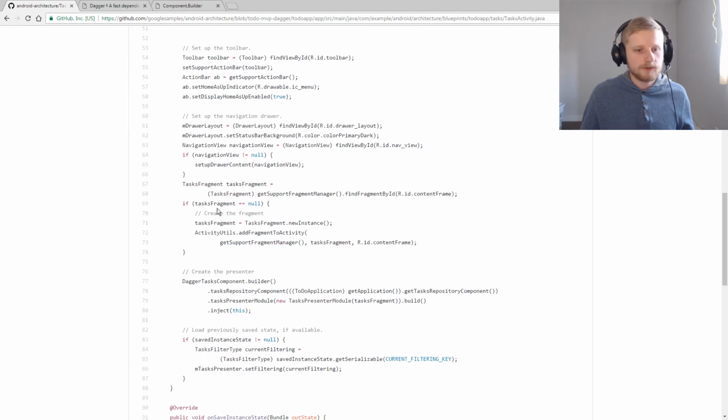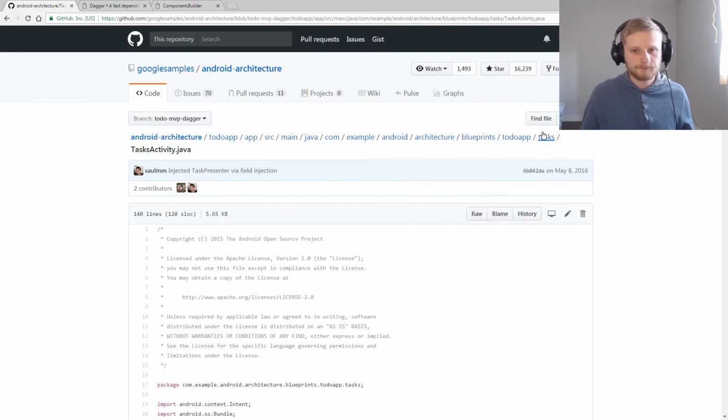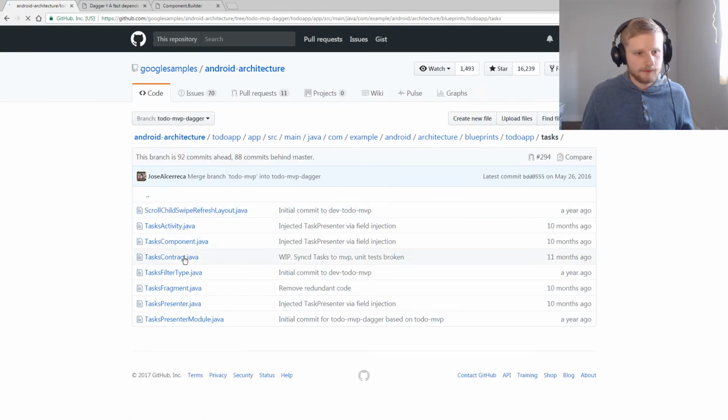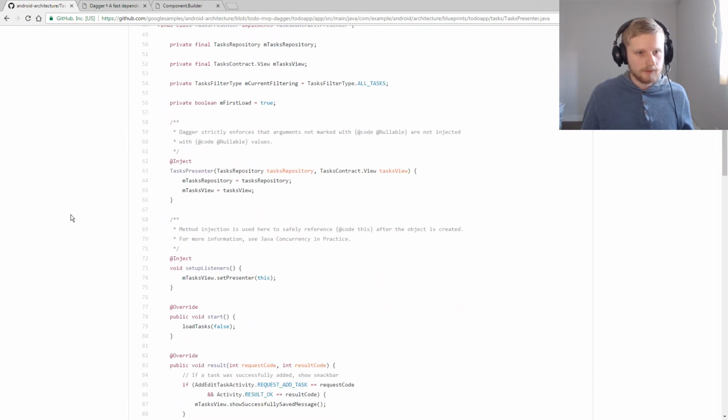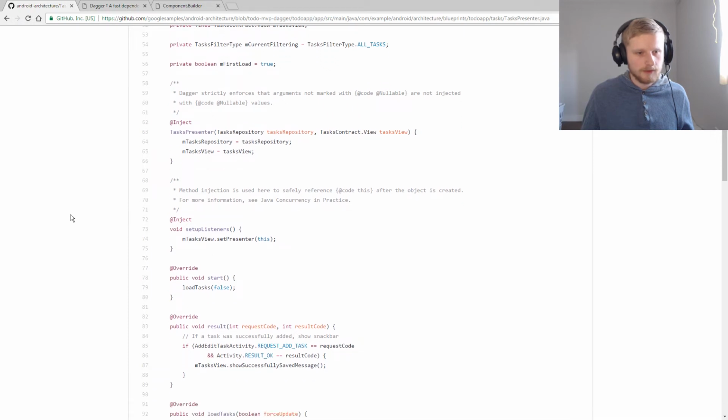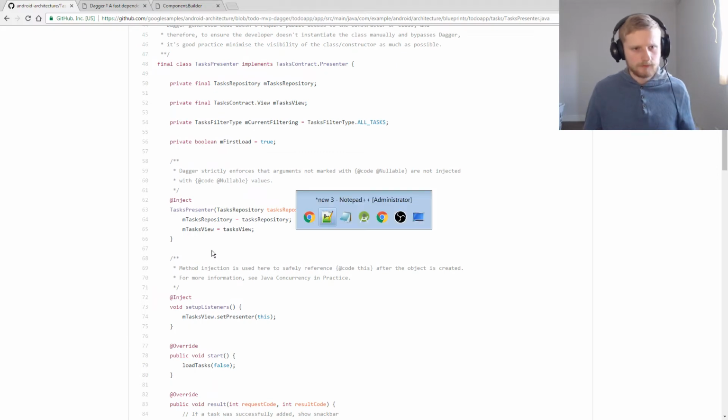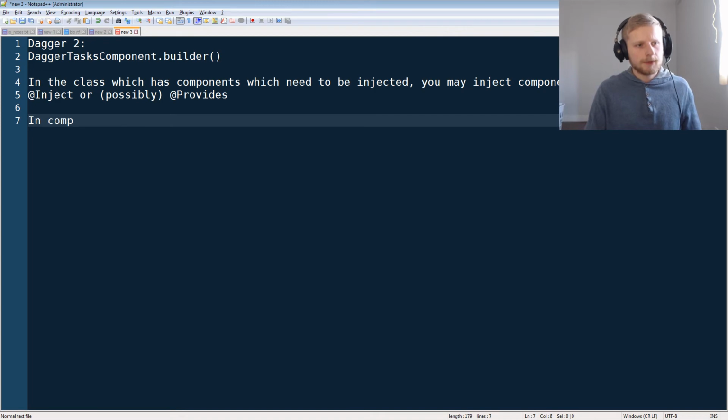Okay. And the next thing we'll do is check out this presenter, which is called tasks presenter. So we're going to go to that, I think. And what does tasks presenter say? Does it have any annotation stuff? It does. Okay. Inject? What does it need to inject? So this is a constructor. Okay. In components to be injected, their constructor may need